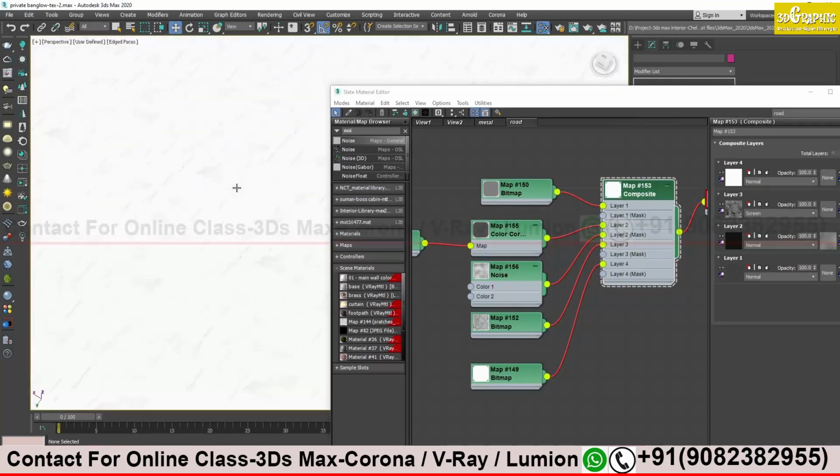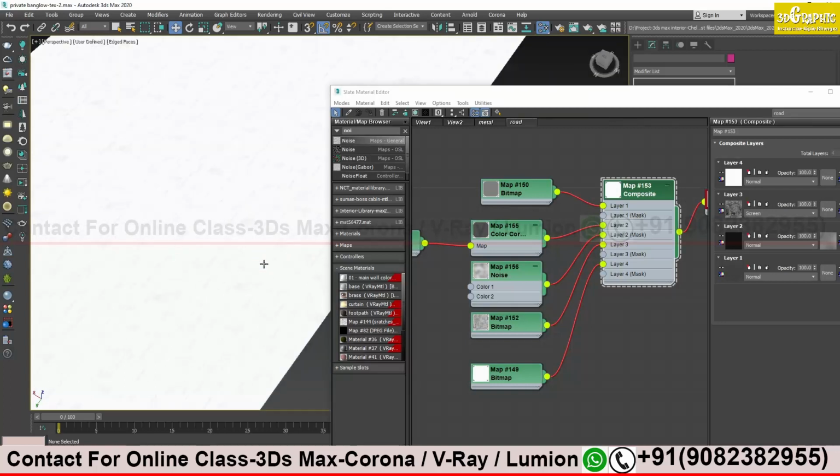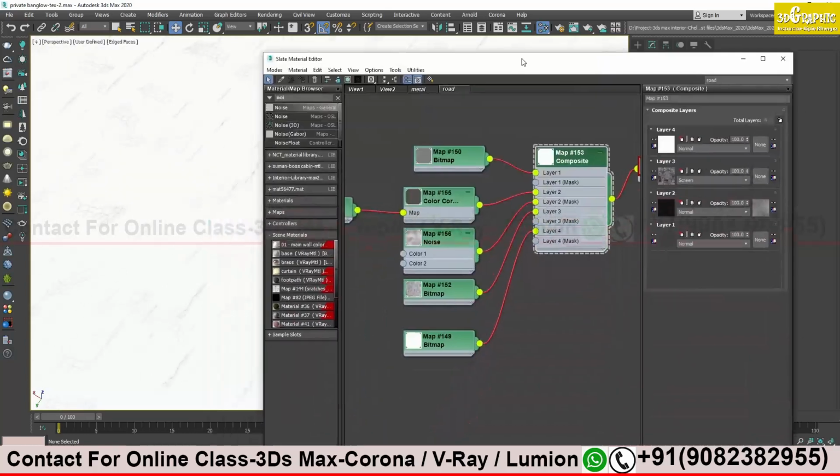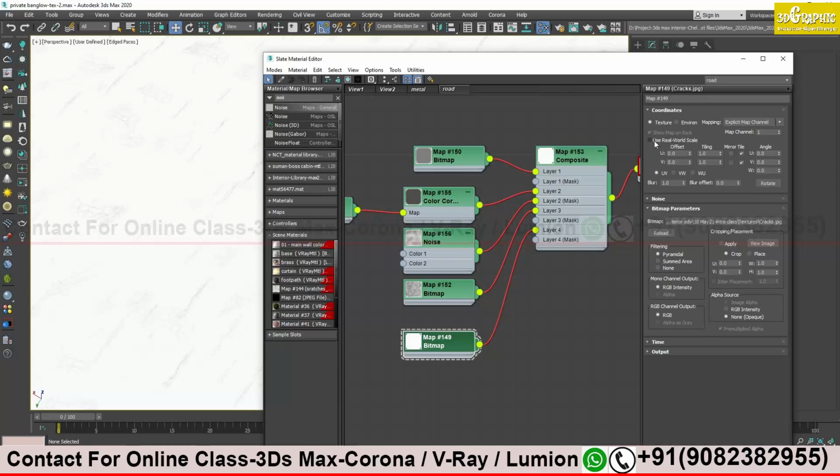You see, it is overriding. I have to scale it up. The cracks are very small and tiny. So I just have to scale it up. So I'll go over here. This time try to use the real scale. Just increase the tiling now.